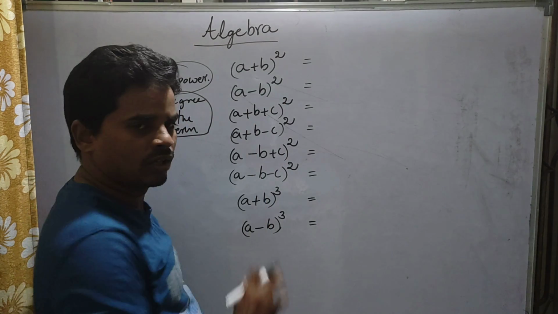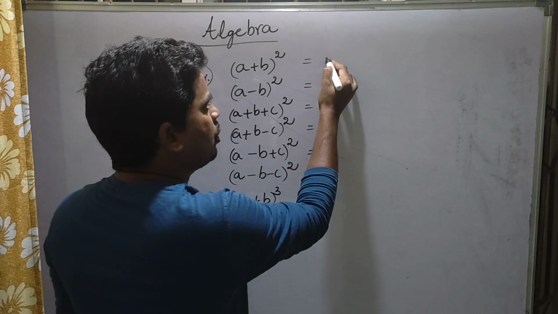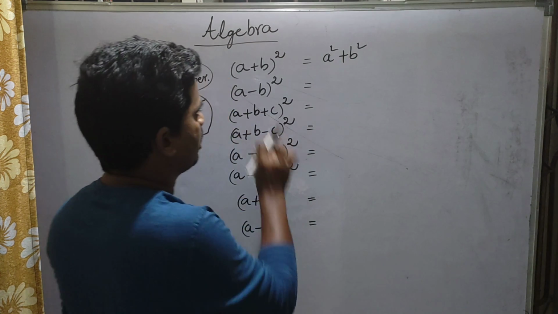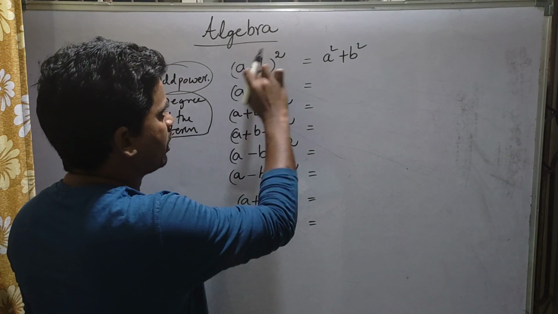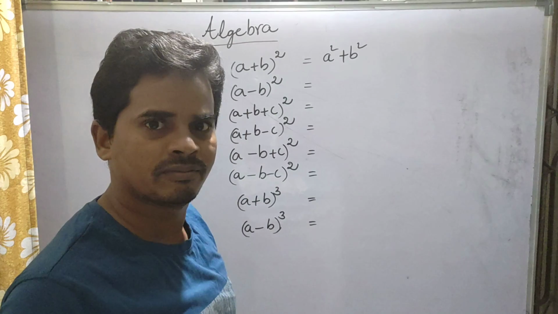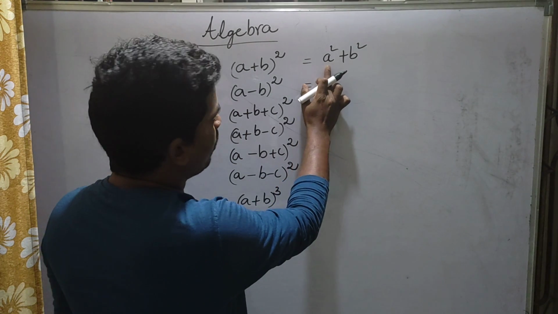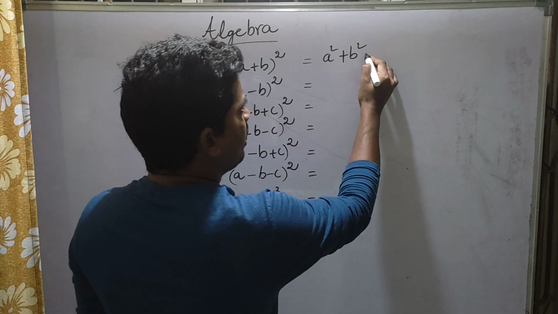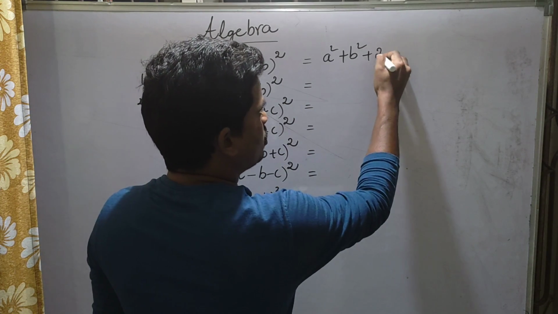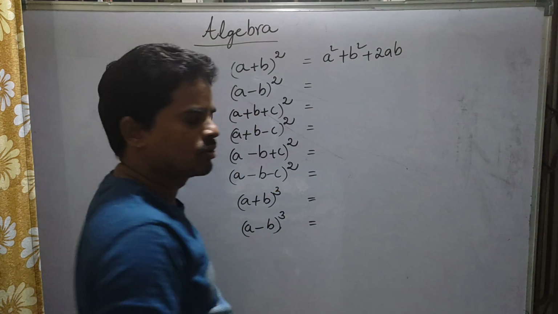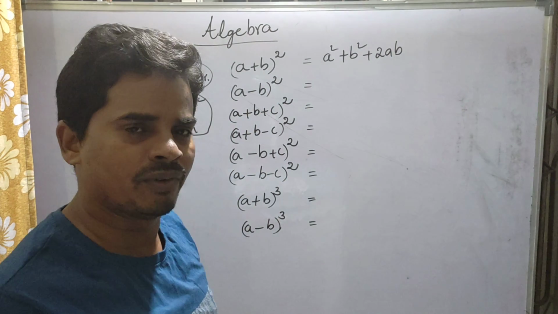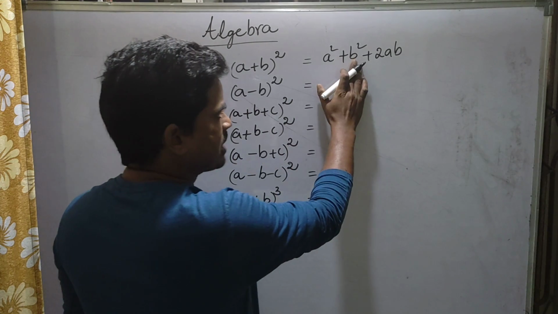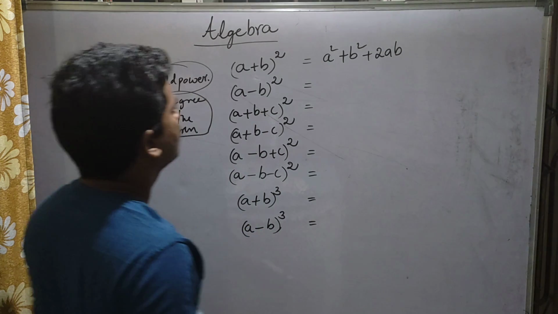here the terms a and b are there, no? So absolutely we will get one a square term and one b square term. So we will get a square plus b square, and next 2ab we will get. This is a well-known formula for everyone, so here we don't get confused. a square plus b square plus 2ab.